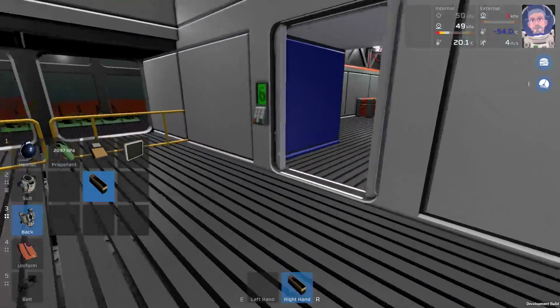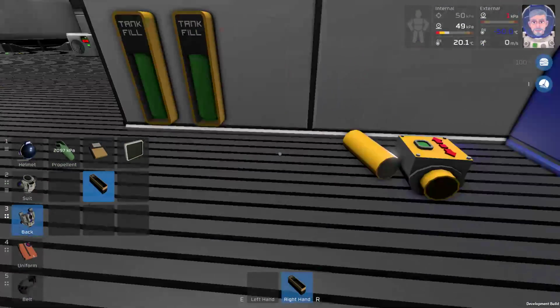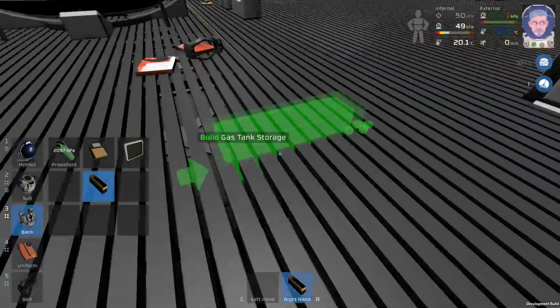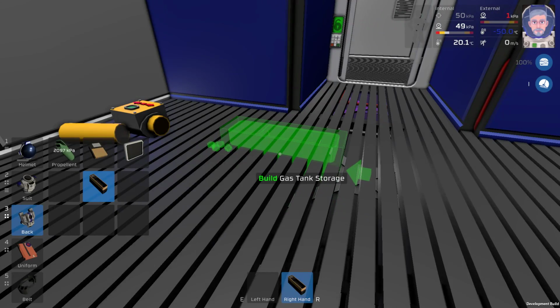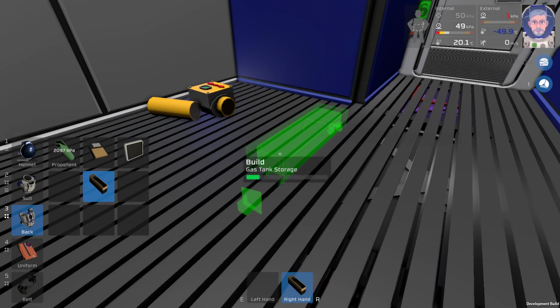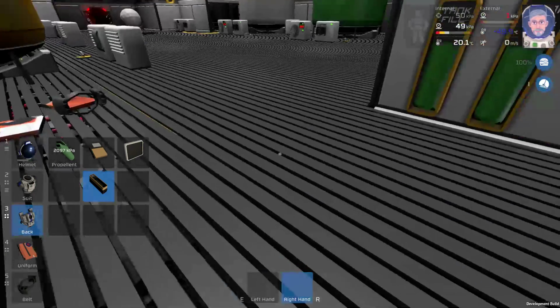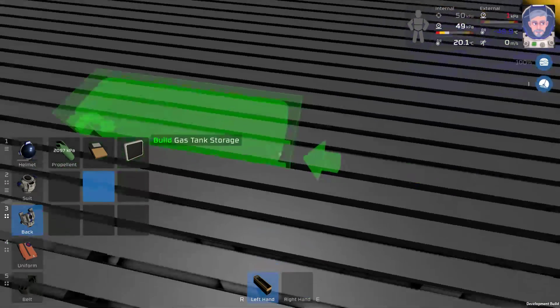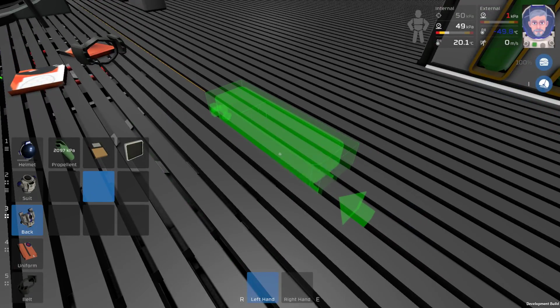So we'll do this real quick. Except we do gotta put power to this, and let me see. I think we got plenty. Yes, we do. So if we do like that, and we do something like that,